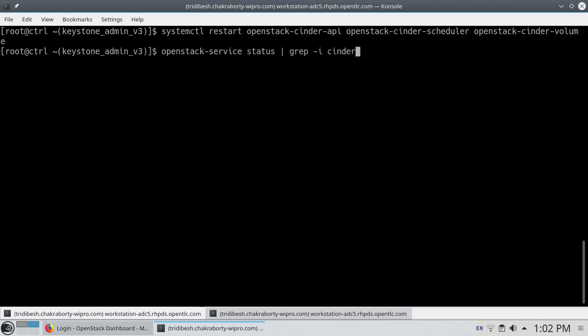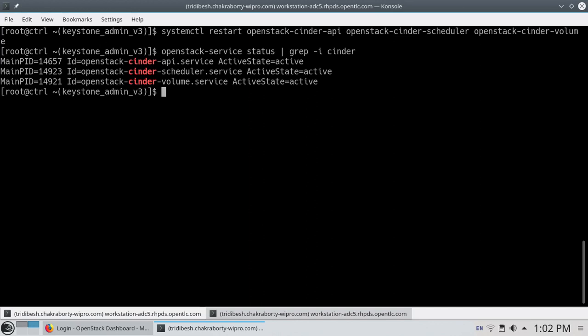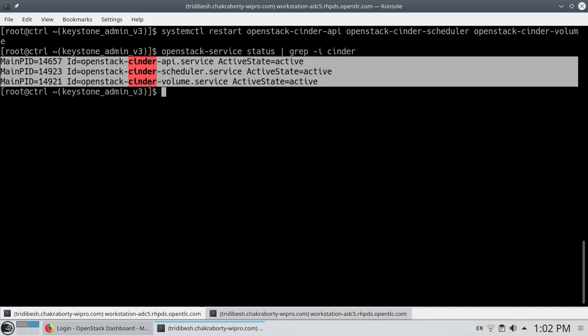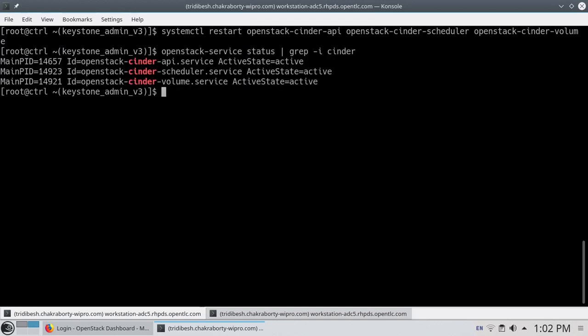We should be able to see all three services actively running on the controller node. Once we are done with this, we will move to the next section where we will be verifying the OpenStack backend services.